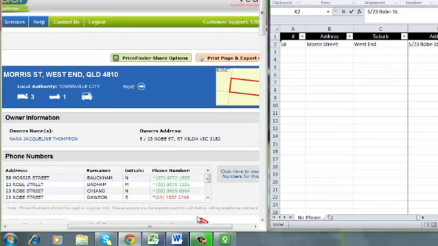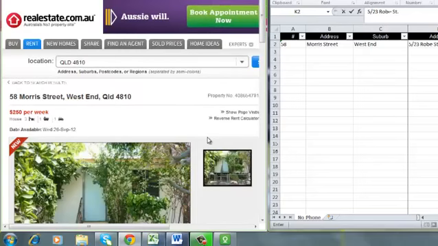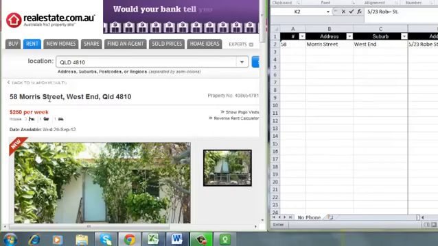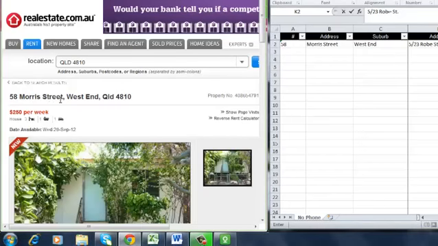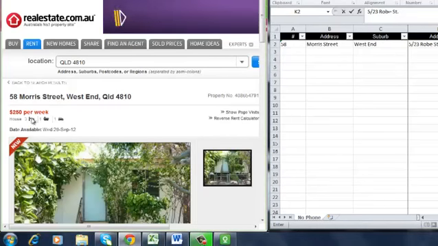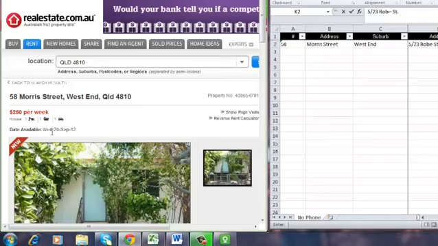Go back to the property address in Real Estate. Then type in the spreadsheet the number, the street or the address, the bed, bath, car, the amount of rent, and the available date.